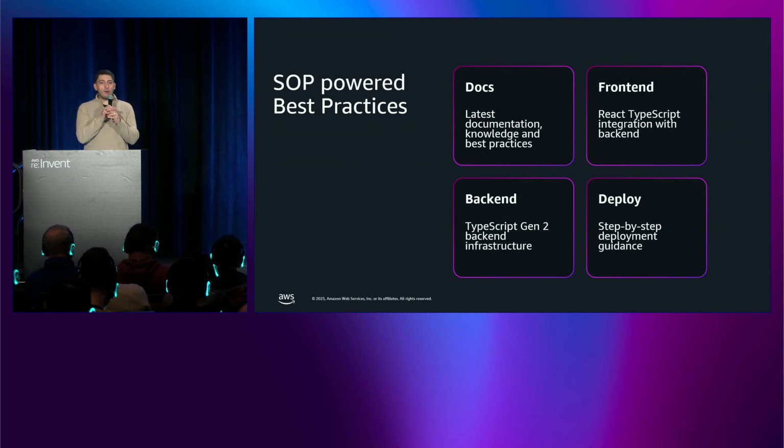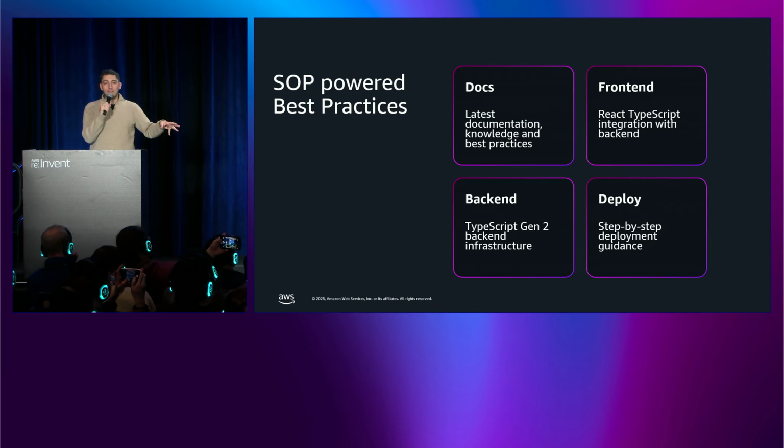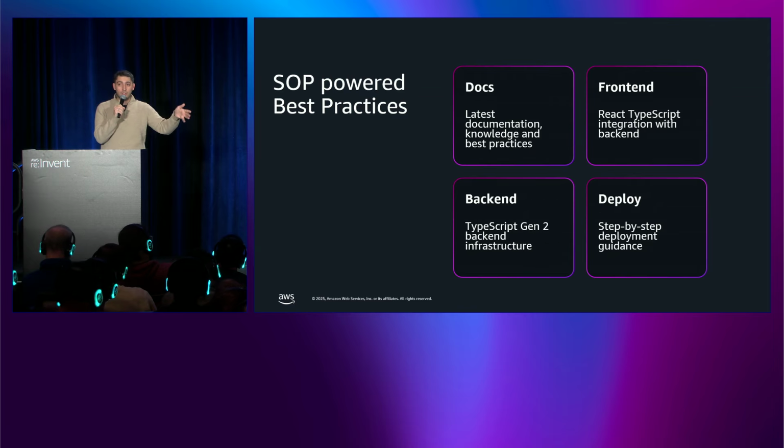So what do we offer from the SOP perspective for Amplify? From the Amplify perspective, we have 3 important SOPs that you can use. One of them is the front-end MCP that is giving you a chance to use the front-end libraries of Amplify to connect with the backend structure that you build. The second one is the backend one. Building backend with Amplify can be easy, but also complicated at the same time. People ask a lot of questions on how to do complicated data operations. Now, thanks to the MCP, you can actually build these operations by telling the AI on how to do it and what to do, or even ask to learn or get the documentation as well.